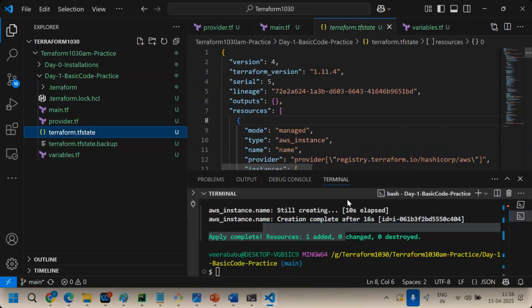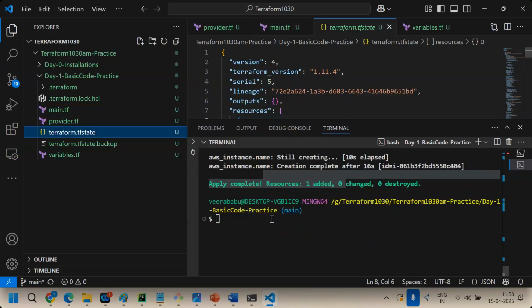Now you tell me, guys, if I run Terraform plan a second time, what will be the expected output? One change or zero change? You are thinking it will create one more instance, right? But why is Terraform more popular?